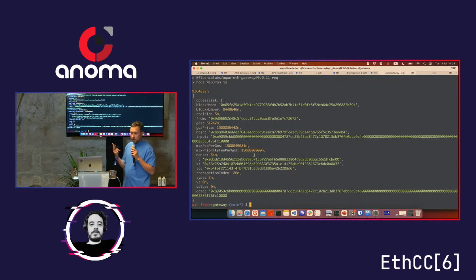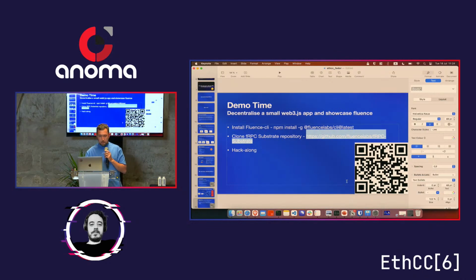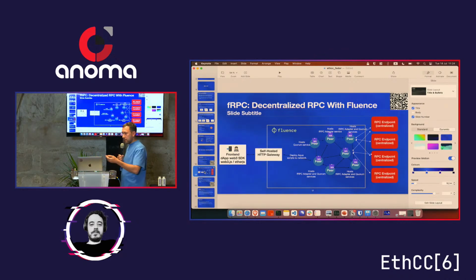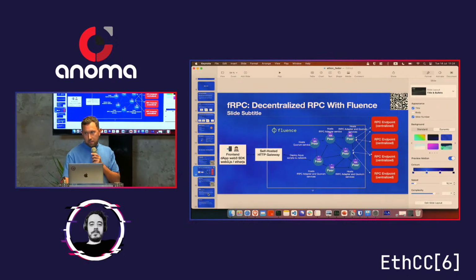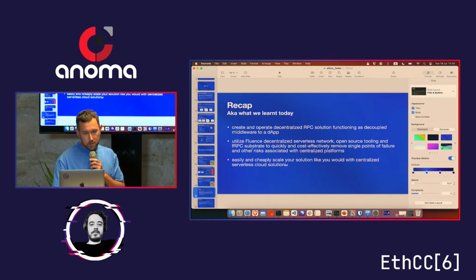You don't need to modify your dApp, so basically we just get a solution for this problem. So what else can you do with the Fluence platform after you have implemented the decentralized RPC?